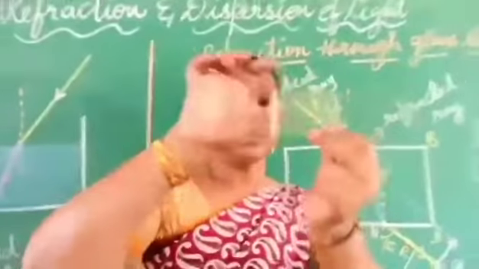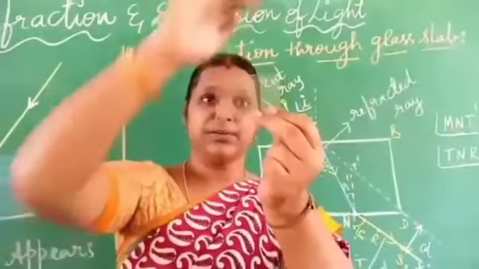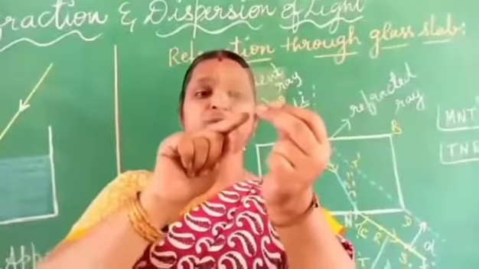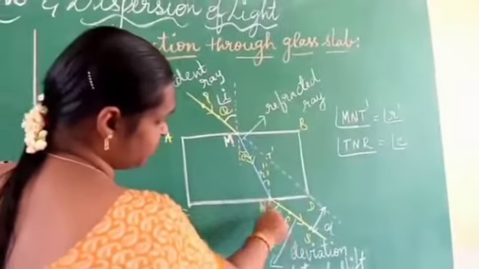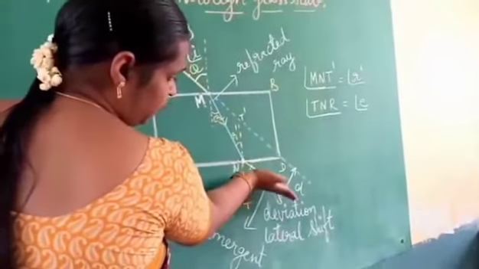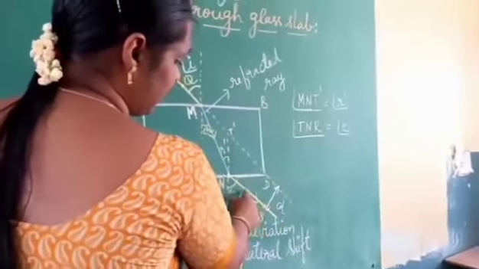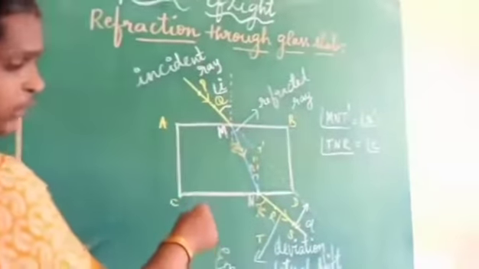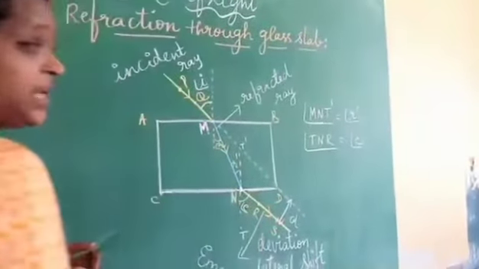So what happens now? This is the denser medium. Now again from the denser medium the ray of light will be traveling. From rarer to denser it moves towards the normal. From denser to rarer it moves away from the normal. As the ray is coming from the denser to rarer, here I have drawn the normal, and the ray moves away from the normal. Here you can see the yellow color line where I have just pointed R and S. This ray which is emerging out from the glass slab at the point of incidence is called the emergent ray.